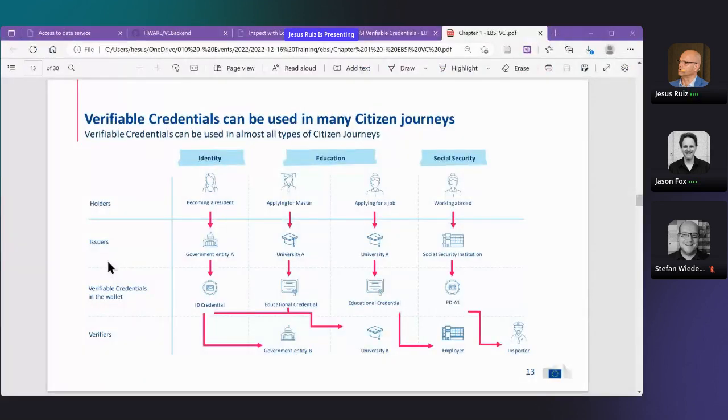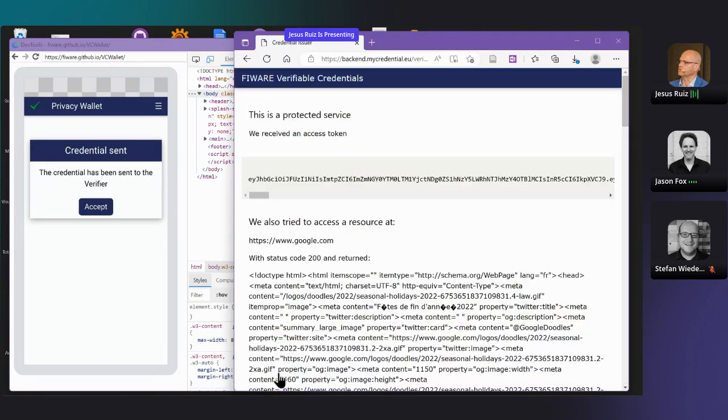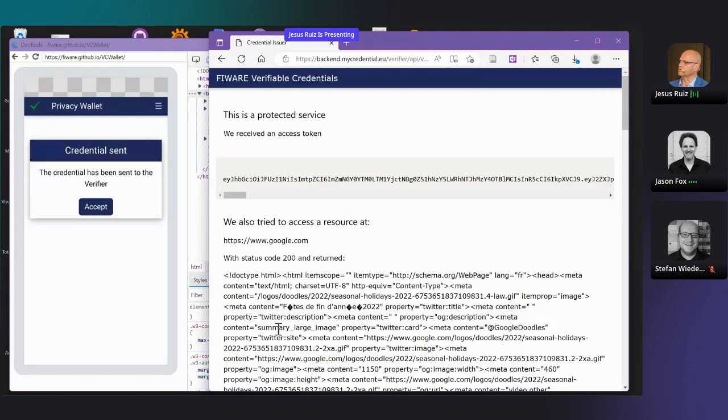Okay, fantastic. Yep. So this is the demo. But if you see, after the identification, I am going to simulate how to access a protected service. Essentially, this is a simulation, but in this screen, you see two things, okay? Forget about this, because this is accessing Google, which is not authenticated. In the session next week, you will see this integrated to the i4Trust ecosystem. What is important here is that this protected service received